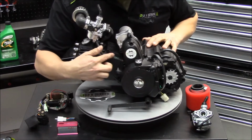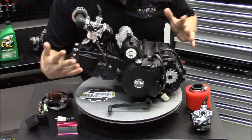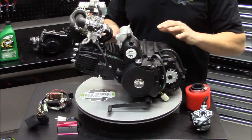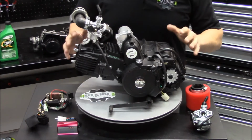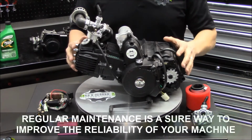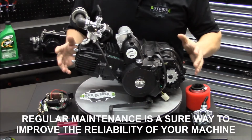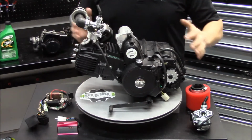Finding your cc size is usually fairly simple. They generally stamp them into the top of the cylinder, as in this one right here saying 124. This is a 125. Sometimes it'll be in different positions on the cylinder depending on the manufacturer. These are very, very reliable, and there's a reason why they use them everywhere. This type of engine has been used since probably the late 70s, this design, and just been copied and remanufactured